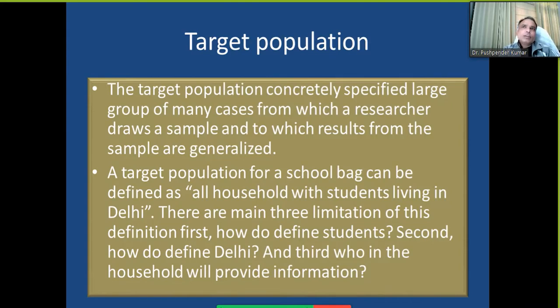In school also you have primary, middle, secondary, senior secondary, right? So which students are you talking about? If you clarify this, if you define who you are talking about, that will give you a clearer picture and that will become your target population, right? So you have the whole population, then define your target population,